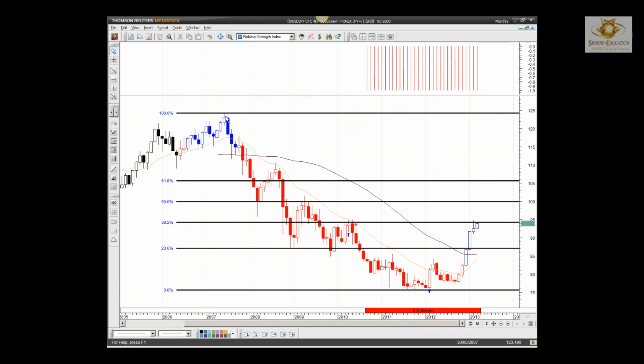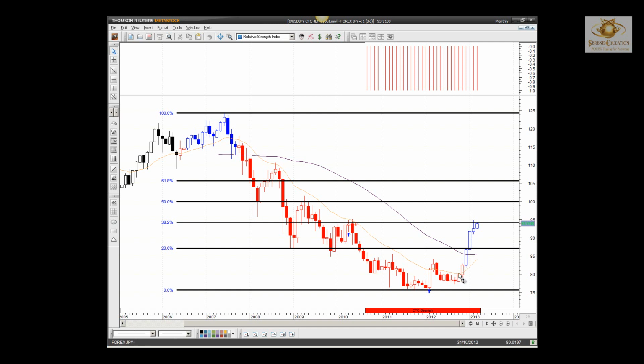Because if we are trading into a major support and resistance level, then there's likely to be less movement or sentiment or volume trading at a major support and resistance level. Clearly see from the 2007 highs, price of the US dollar has dropped against the yen over the years. However, nice base here through 2011 going to 2012. A lot of buying sentiment coming through, and price started to turn bullish indeed.